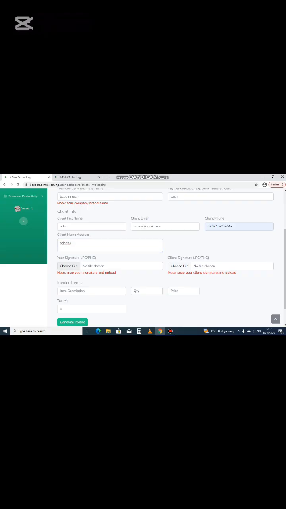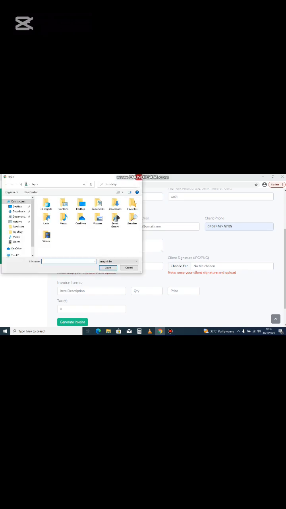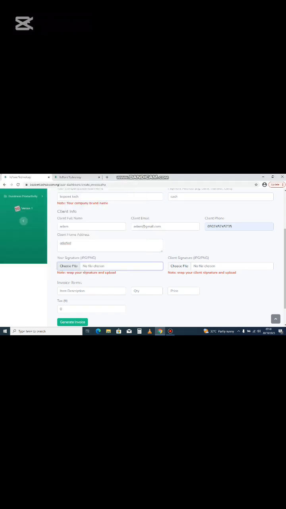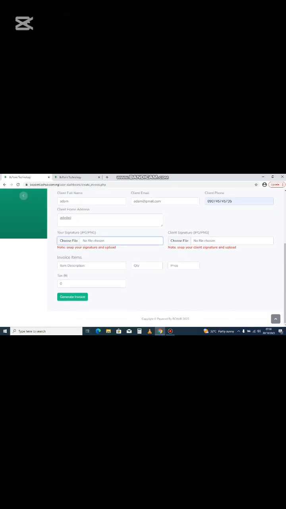So now here we have a signature option, so that to make this authentic, you add your signature. You sign first and snap it. Now it will save in your gallery. Now you are going to select it from your gallery just like this, and also do the same thing on the client signature. Add your invoice item, the quantity of the items the client purchased, the price of the items